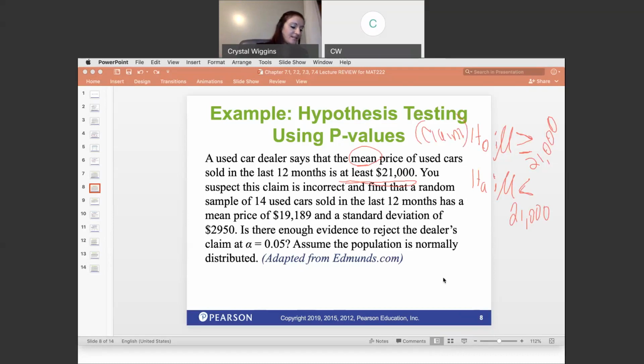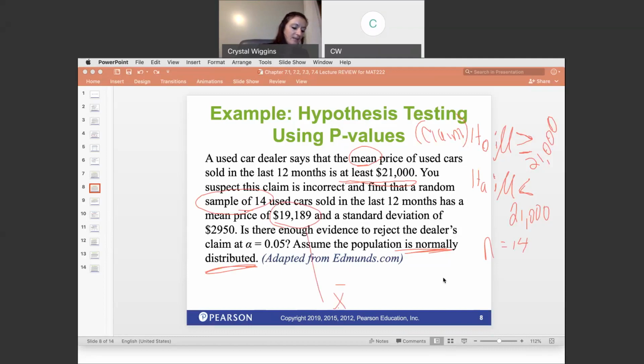We will label the sample, n is 14, sample size 14, which is less than 30, which means that if we didn't know that it was normally distributed as it states, then we wouldn't be able to complete the test with any validity. Remember, we either have to have a sample size of 30 or more, or know that our population is normally distributed. Our x bar is